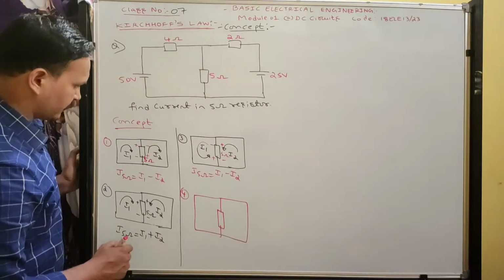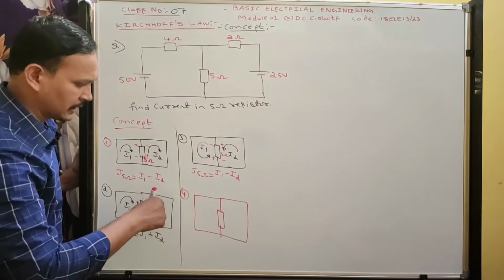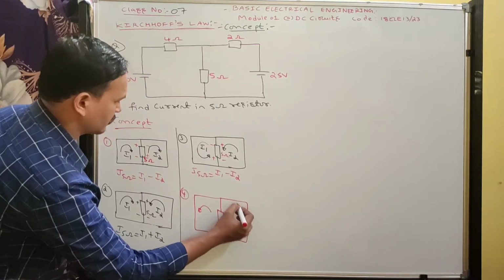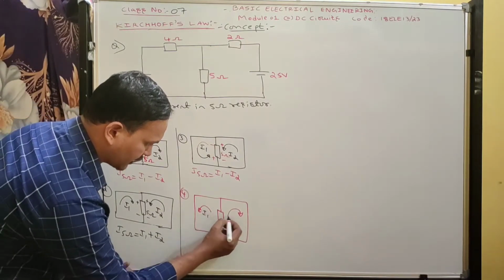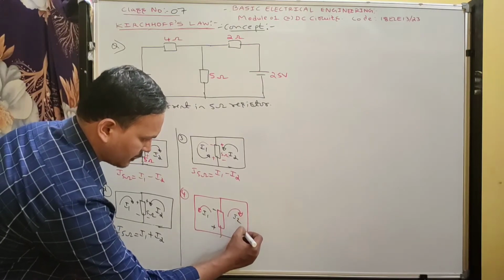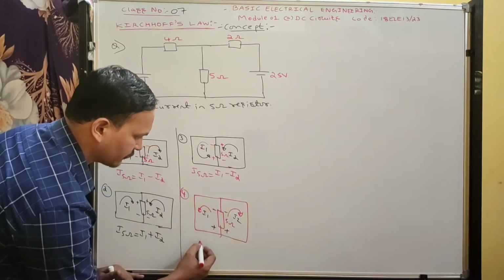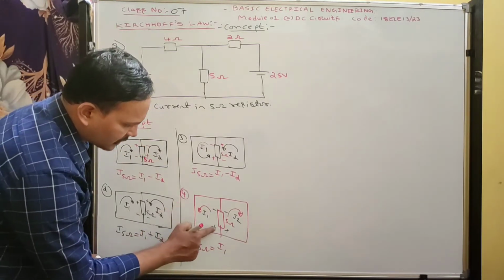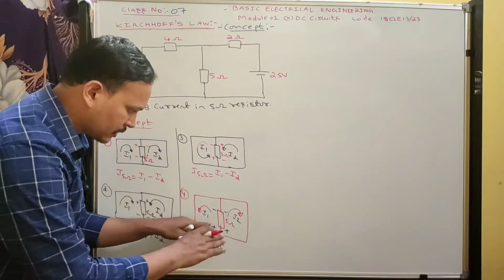Okay, next, what is the case left? Both are clockwise, anti-clockwise, clockwise, anti-clockwise. Now we can take anti-clockwise and clockwise. See now, this current I1 is entering here, and I2 entering here, plus, leaves minus. Next, look at here, current is entering here, mark plus, leaves minus. So therefore, for this figure, current flowing through the 5 ohm resistance is how much? I1, see now, both polarities plus plus, minus minus. Both currents I1 and I2 are entering the bottom of the resistor.